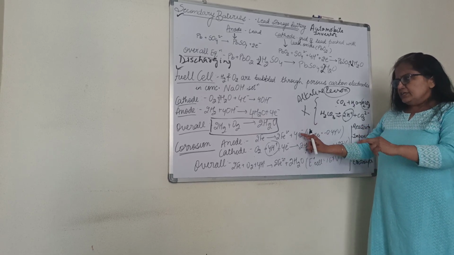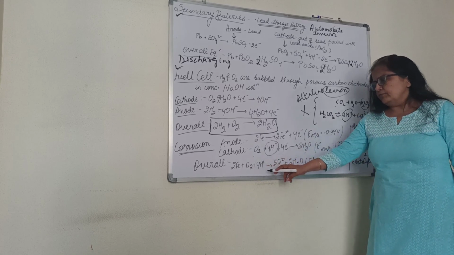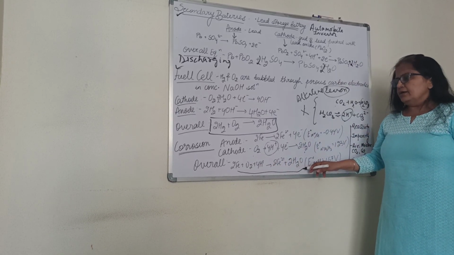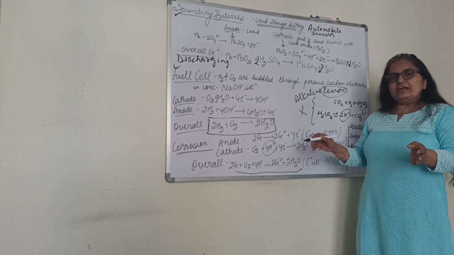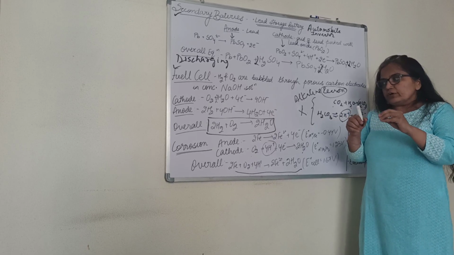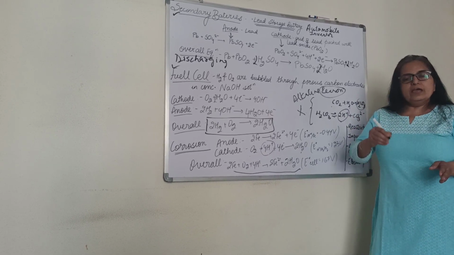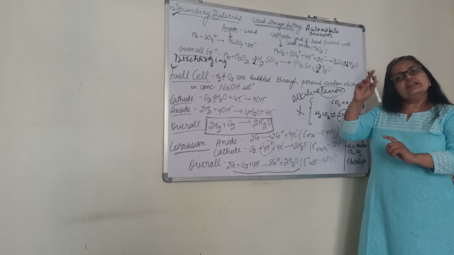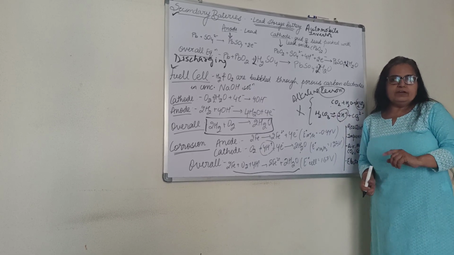Now when we add up these two equations, we can cancel out electrons and we will be left with this. So this is the final equation for rusting. Finally, Fe2 plus, if we are talking about iron, will form rust. The rust formula is Fe2O3.xH2O. Ferrous will again have a tendency to form ferric, which is the most stable oxidation state of Fe.